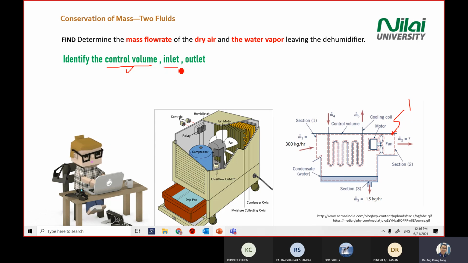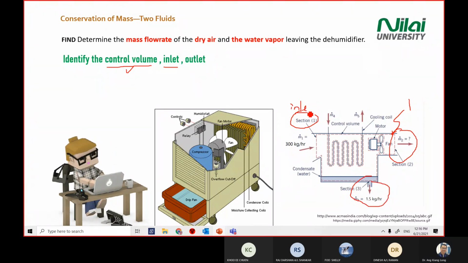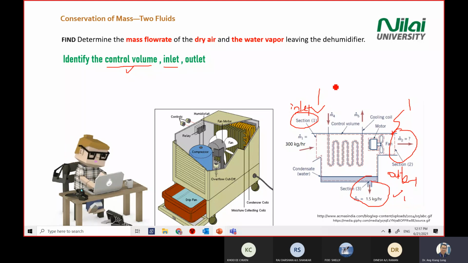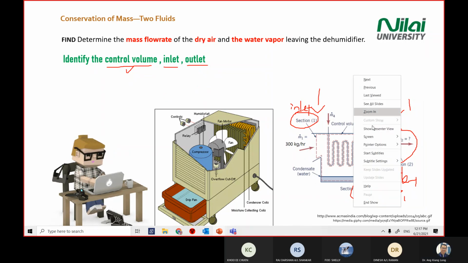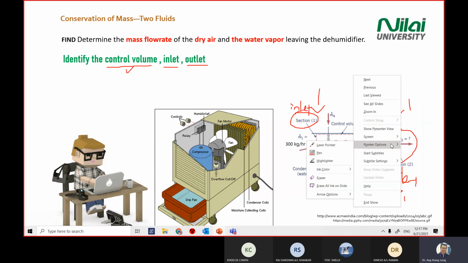Okay. Then inlet. So this is your inlet, section 1. You know that air is coming in. This is your inlet. Outlet. You have 2 outlets here, this one and this one. So if you label this one inlet, you label these 2 as outlet. Sorry for my writing. You will get another 2 marks here, 1 mark here, 1 mark here. So by just defining what you understand about control volume, inlet, and outlet, you have 3 marks in your hand already. Okay. And after that,